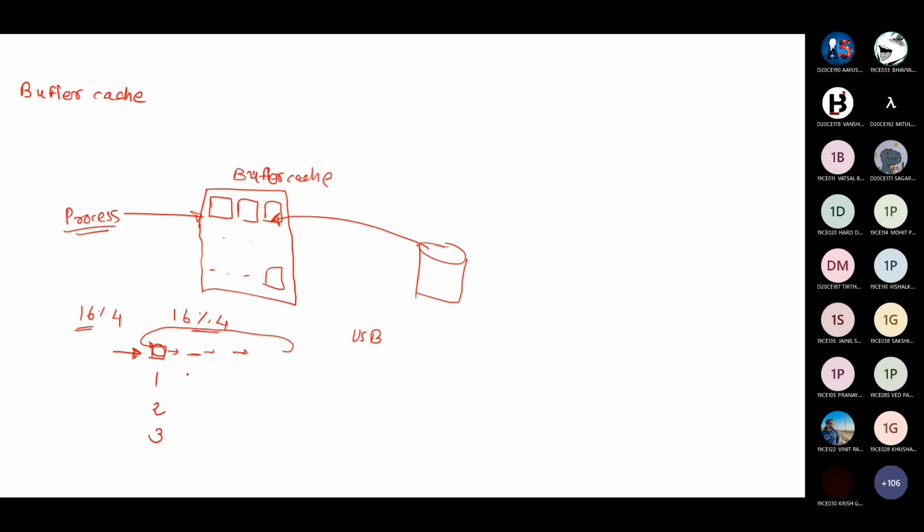But suppose I need a free block, how will I know where the free block is, who manages that? So there is a free list which is maintained, right? This will be used to maintain the free blocks. So it will make a complete list of free blocks. Now whenever any process wants some data, that means data has to be brought into the buffer cache, which means some free block is needed in the buffer cache. So in that case it will take the